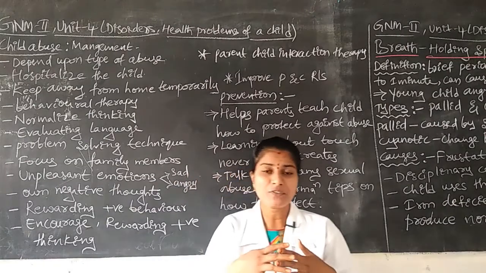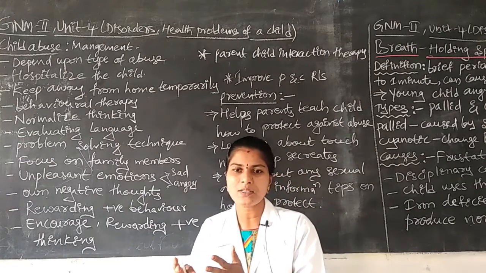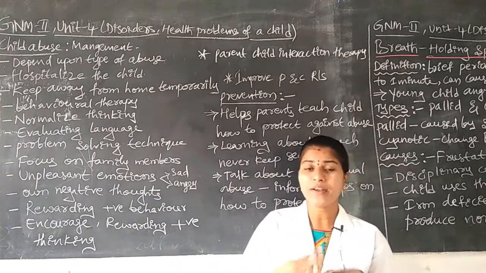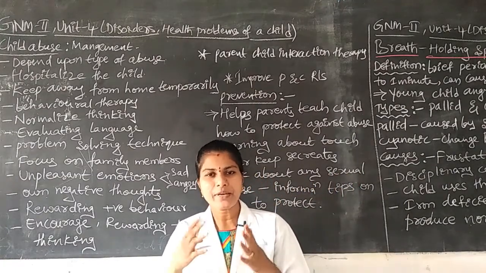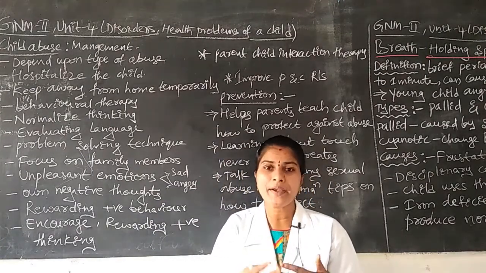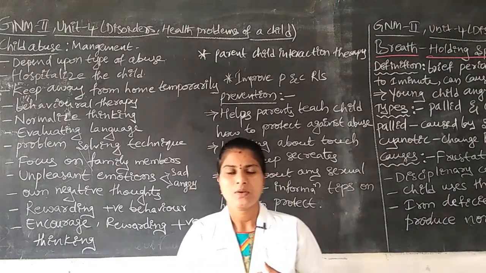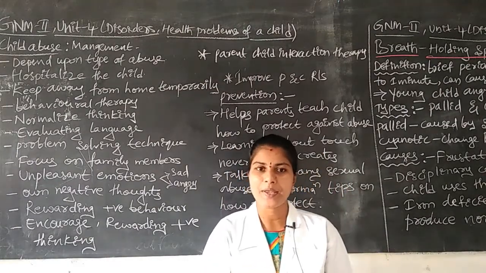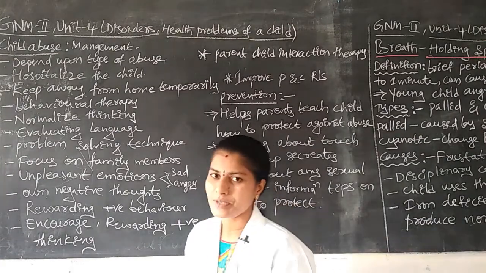Okay, how to interact with one another. How to open their feelings in front of parents, or how the parents open their feelings in front of children. Okay, the type of interaction or communication we have to improve. In between two persons, if every person is open and sharing their feelings or communication, they are reducing their negative emotions. Okay, they are happy. Okay, next one is improving the parent and child relationship.